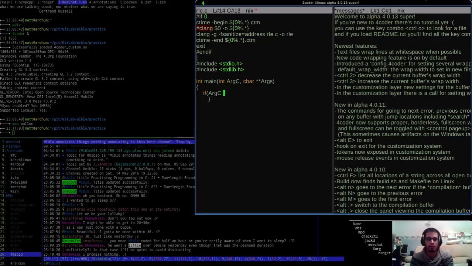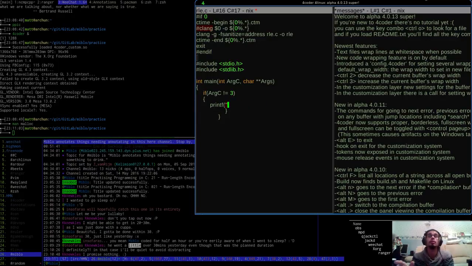If argc is not equal to 3 for starters, then we're going to printf. Three means three arguments.